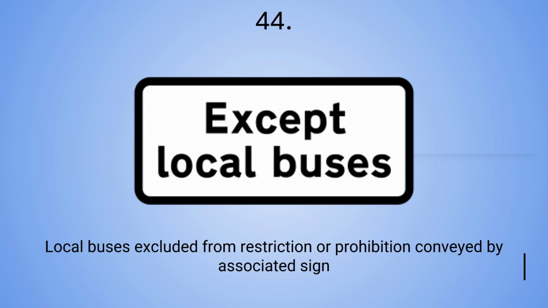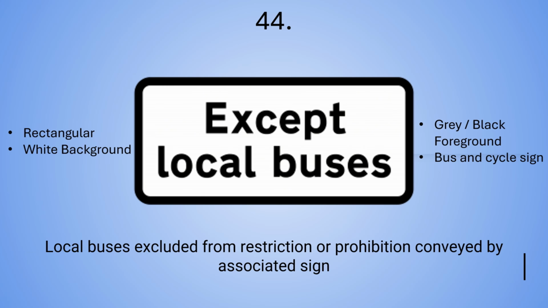Sign number 44. This sign means local bus is excluded from restriction or prohibition conveyed by associated sign. This sign is rectangular in shape, it's on a white background with gray or black foreground, and it's a bus